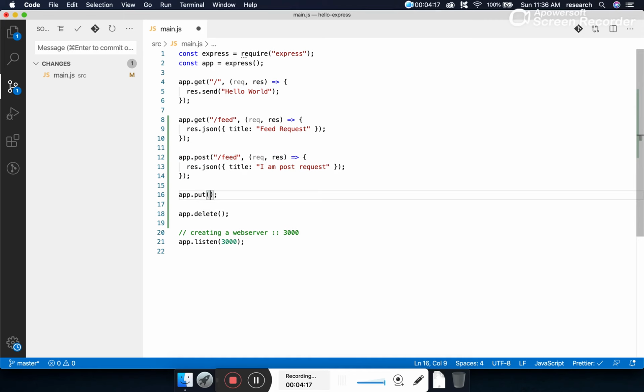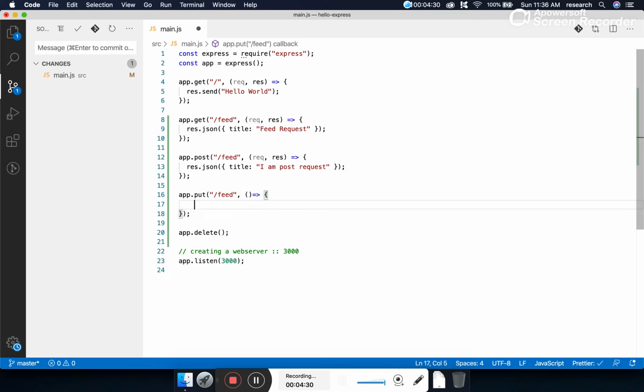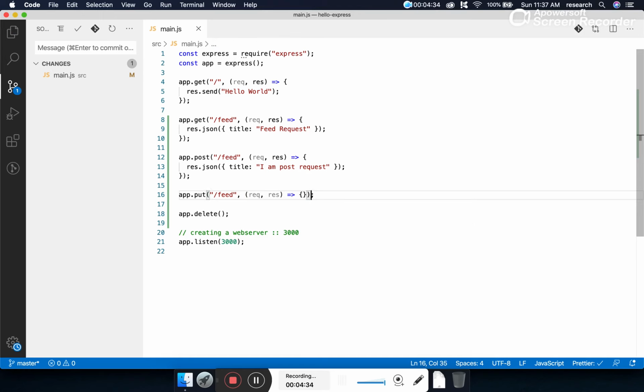In the same way, can I develop a put request? What is the path parameter for this put? It is the feed. Can we use it? Yes, we can use the feed. Why? Because the method name is different. And here req and res.